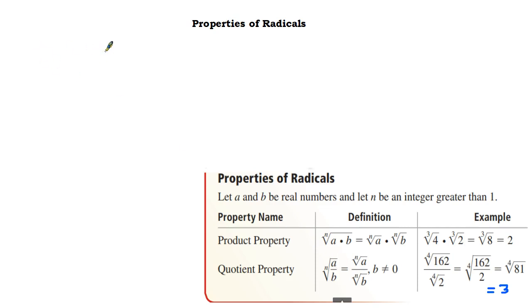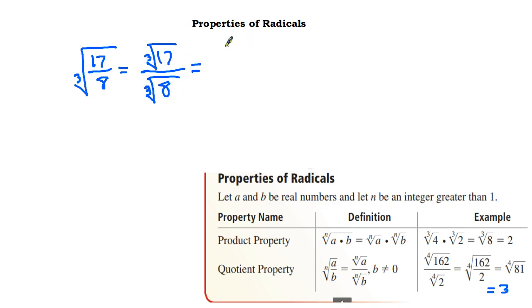So what if we had something like this? We have, let's do the third root, the cube root of, I don't know, how about 17 over 8. Remember how we hate to have radicals in the denominator? Well, if I break this into two separate radicals, unfortunately I get that nasty situation where I have a radical in the denominator. However, the good news is that I can find the cube root of 8. So I'm stuck with the cube root of 17 on top, but the cube root of 8 is a number. It's 2. Yay! Okay,